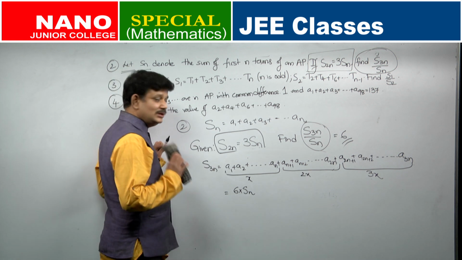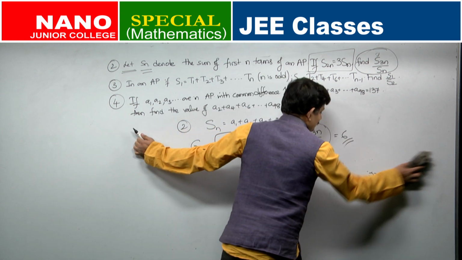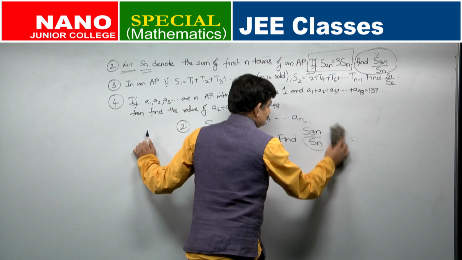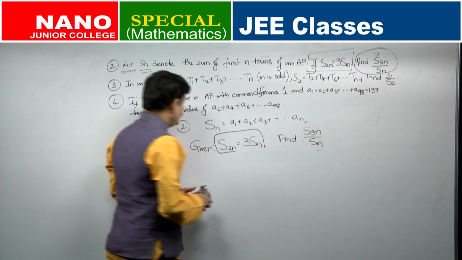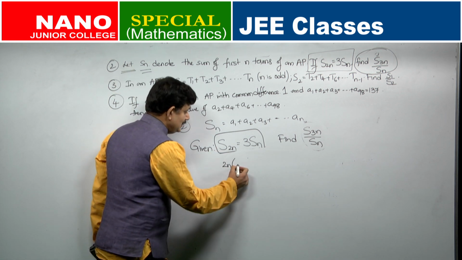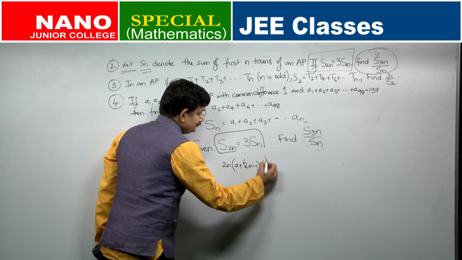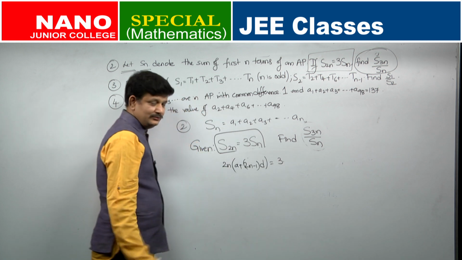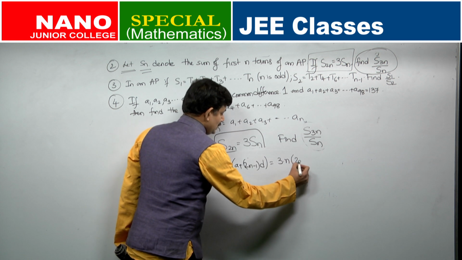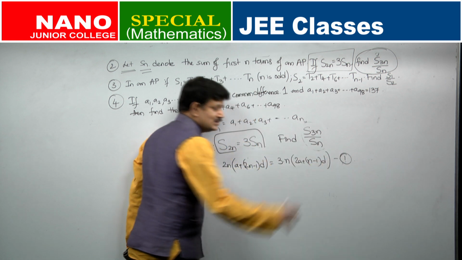Okay. So, let me do this question, writing all the steps for you and see how laborious it will be to write all of them. I will try to still make it simple. So, what is given? S2n, what will it be? 2n into a plus 2n minus 1 into d is given to be how much? 3 times of sum to n terms Sn. What will it be? N into 2a plus n minus 1 into d. Call this equation number 1.